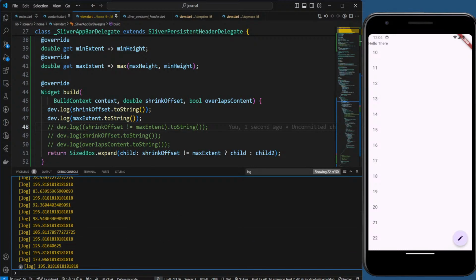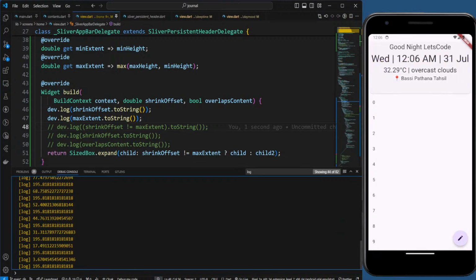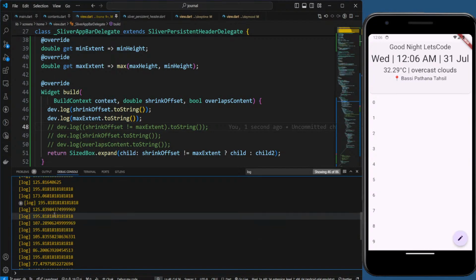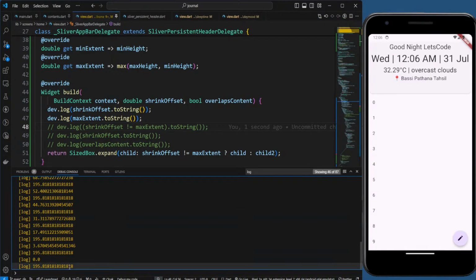And when we increase it, that is when you scroll down, it goes from that thing to 0. Right. So